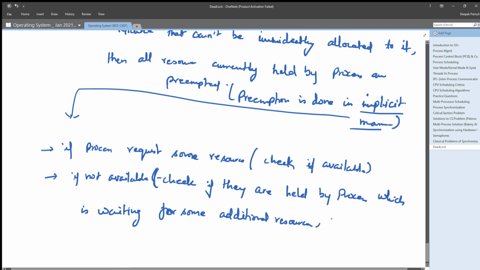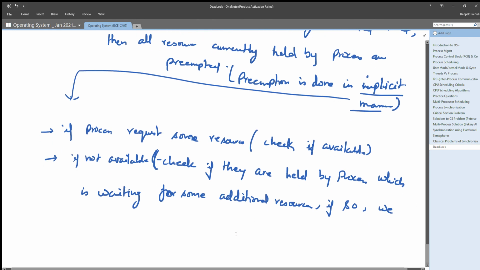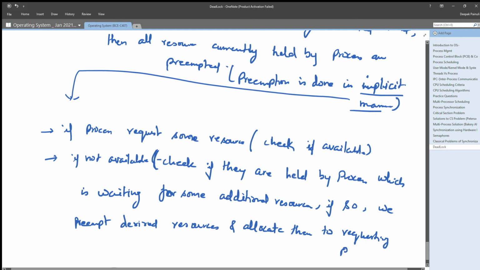If so, what we will do, we will preempt the desired resources and allocate them to the requesting process,